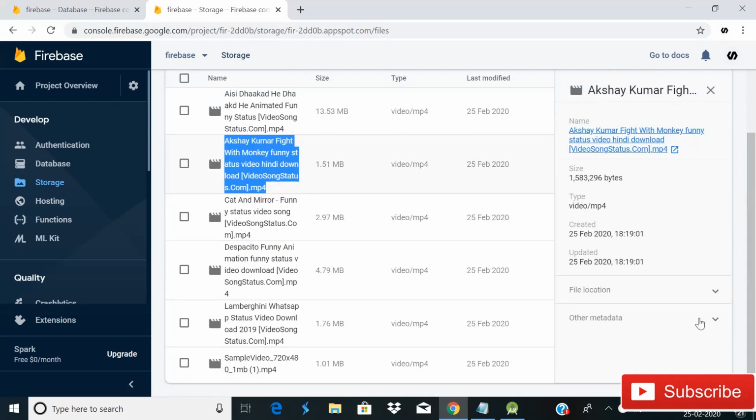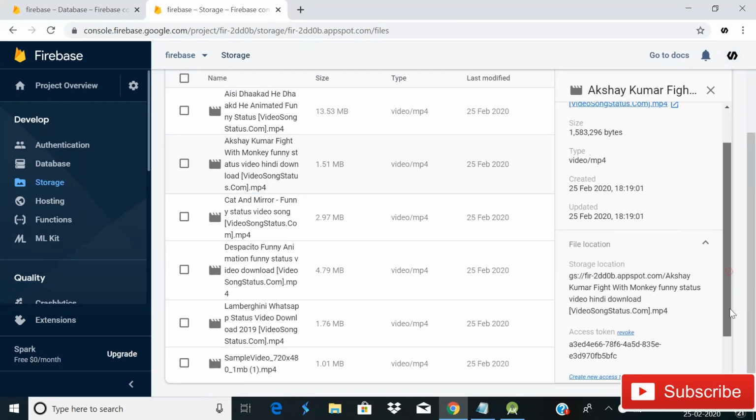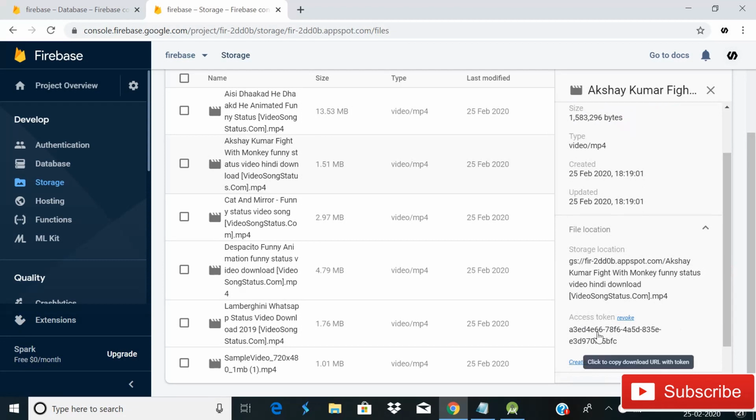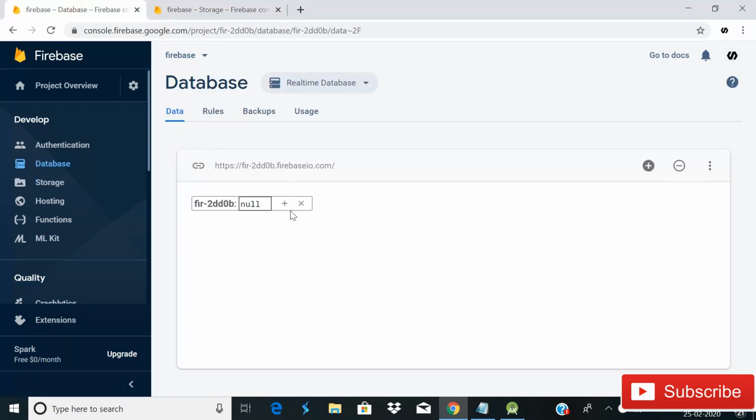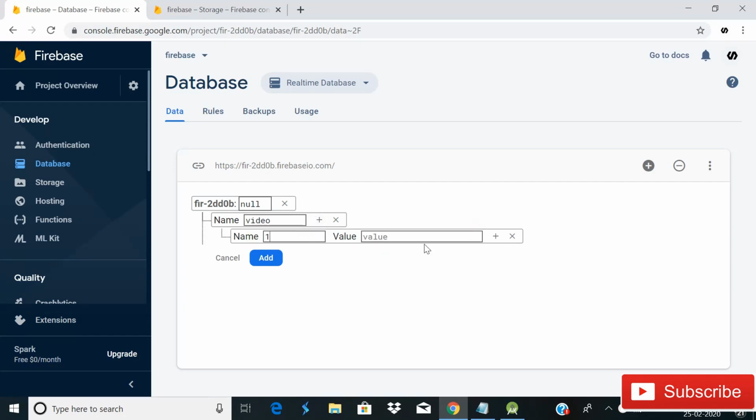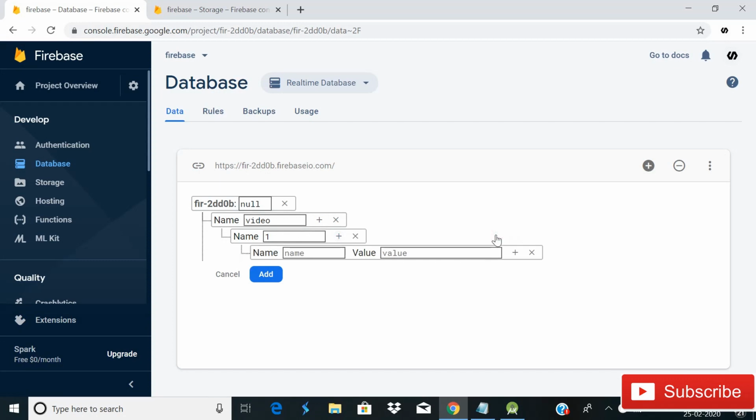So now what we have to do is simply click on any of these videos and copy its token. When you click on file location, it will show a download URL. As you can see, this access token. So copy this and then come back to the Firebase real-time database. Here first of all you have to create a child named video, then add children.